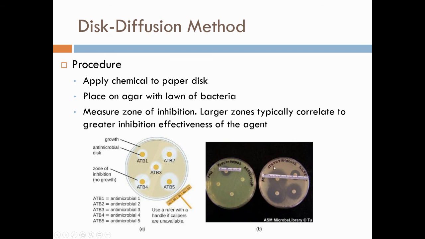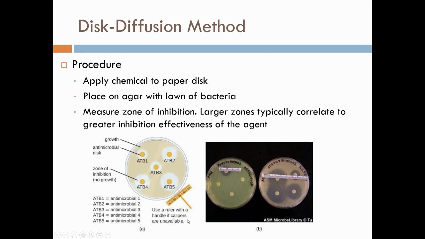Right? So I put this on before I had growth. So the growth that took place during incubation, where it was inhibited, I get this circle of no growth. And we call this disc diffusion because the chemical compound on this disc will diffuse out through the agar. So how far out it's going to diffuse